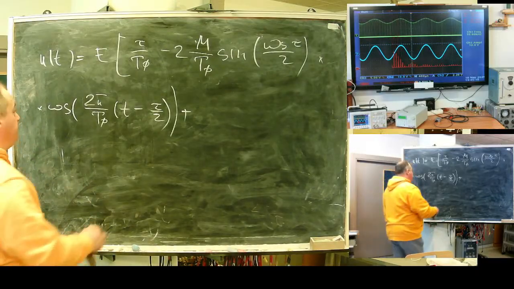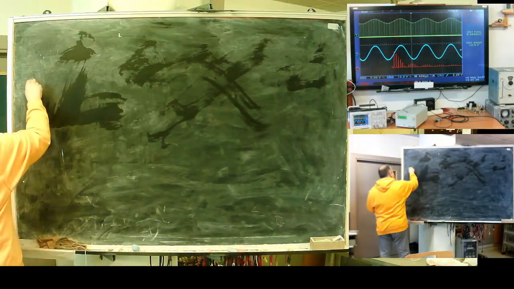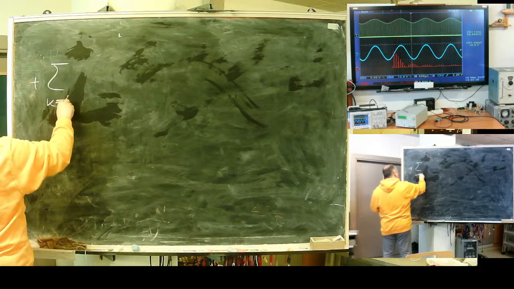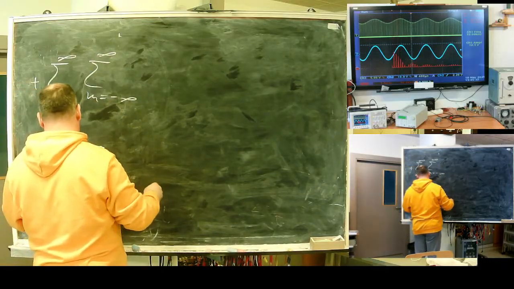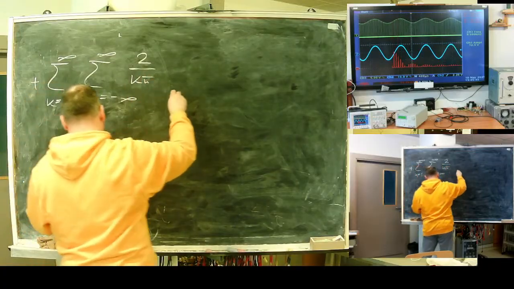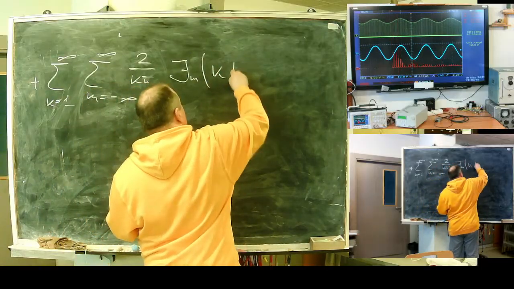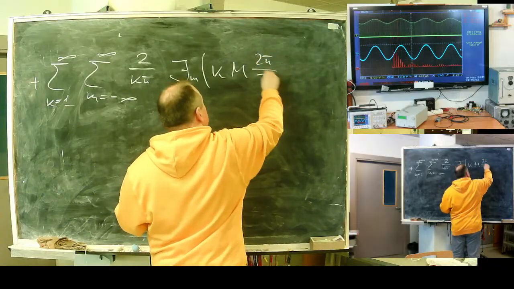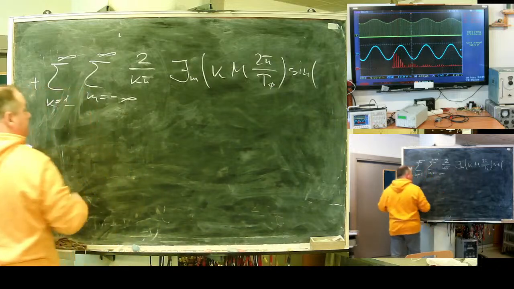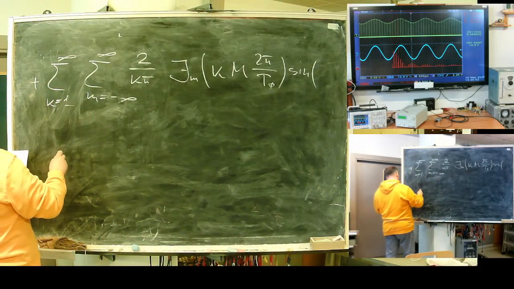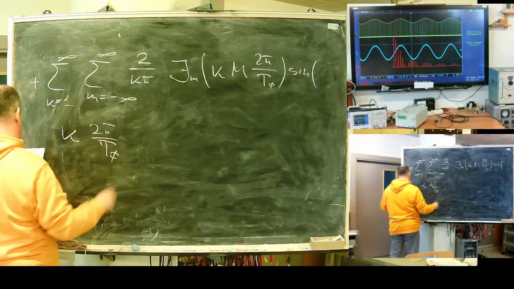Can I erase? Plus sum, starts from 1 to infinity, sum where m starts from minus infinity to infinity, double divided by kp, Bessel function of order m at k m double p divided by 0, sine of... goes here, k double p divided by T0